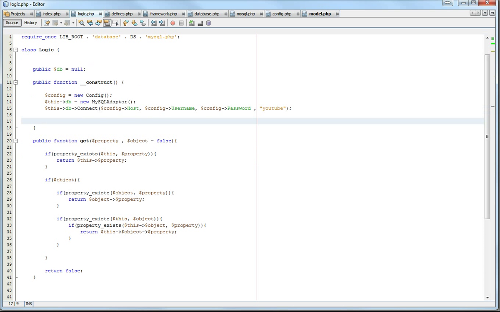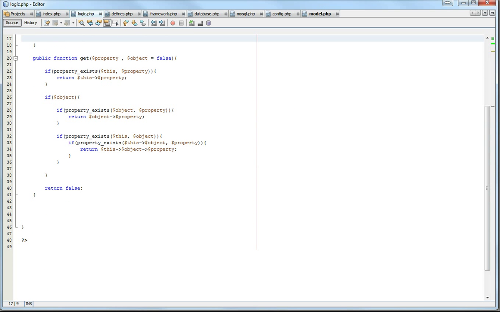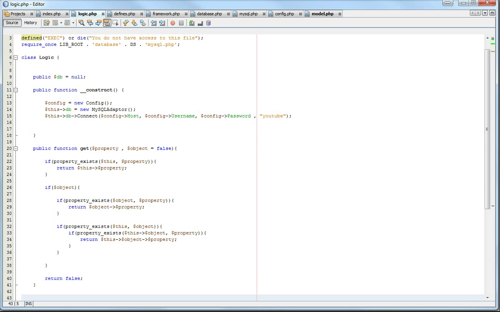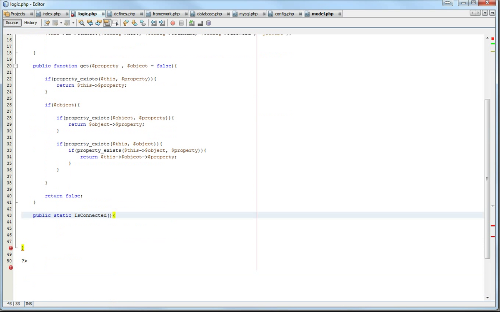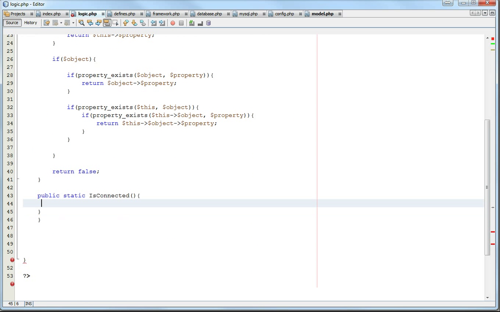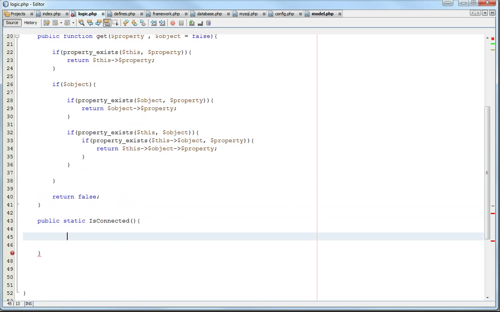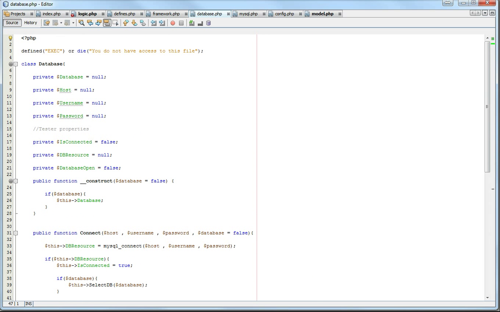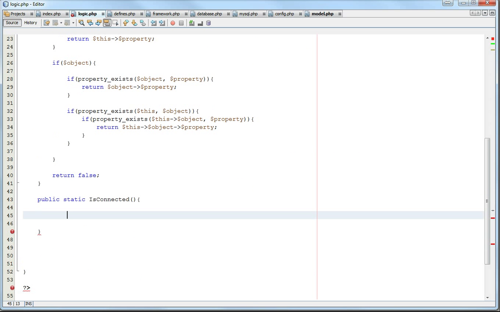Alright, now that we've got the model here, what I'd like to do is go to the logic itself, and what we're going to make here is something connected through the logic itself. We're going to make a static function here, just to say is connected. Let's just move this down a little bit. Now we're going to go inside of our database itself, and say this here is connected there. It's nice and simple. Realistically, all we're going to do is return